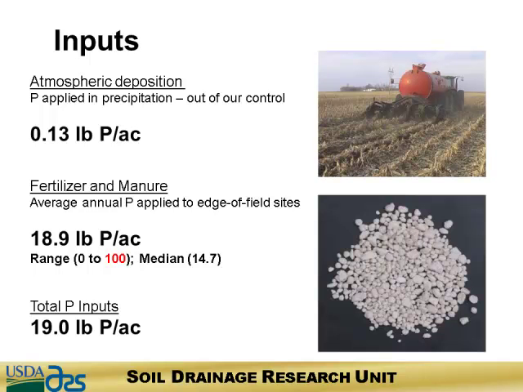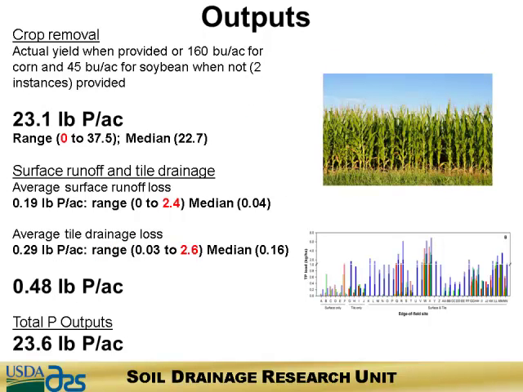If we add the atmospheric and what we've got with the fertilizer and manure, we've got 19 pounds an acre that we're putting in. So we start talking about our outputs. This is actual yields when provided. We only had 2 instances where we didn't get that data, one corn harvest and one soybean harvest. The producers didn't provide those at the time when we collected the data. So we assumed 160 bushels an acre for corn yield, and we assumed 45 bushels per acre for the soybean